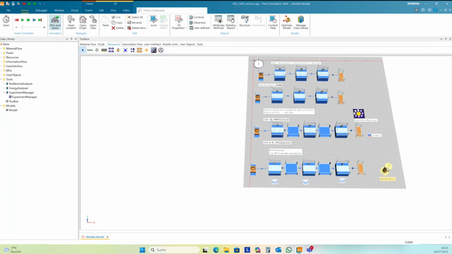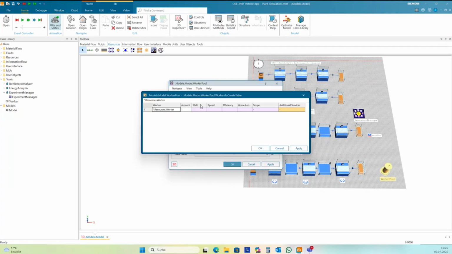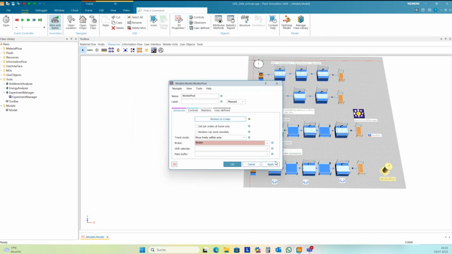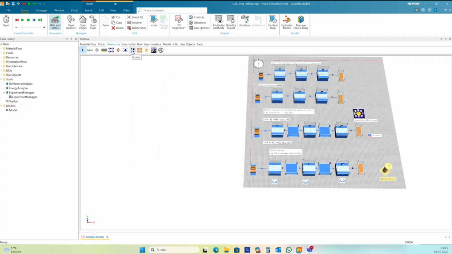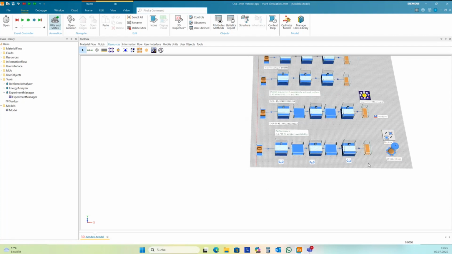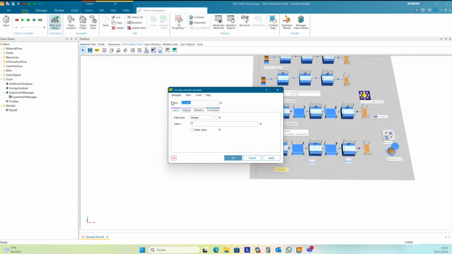In the worker pool, I need to have 3 workers. And I need a broker. And I need again one global variable for performance.